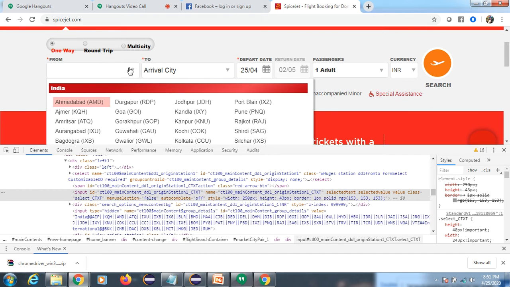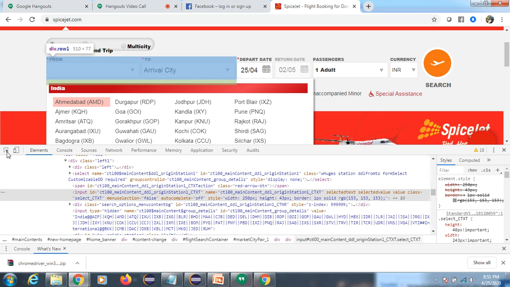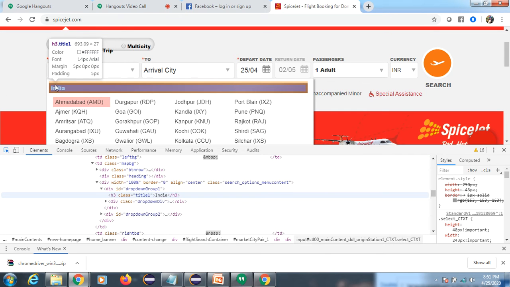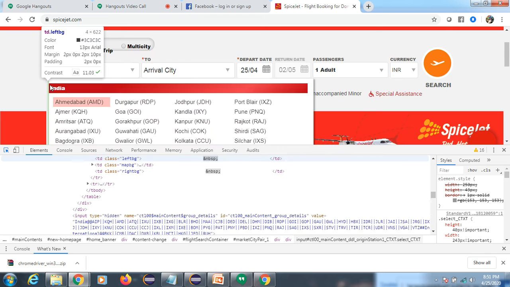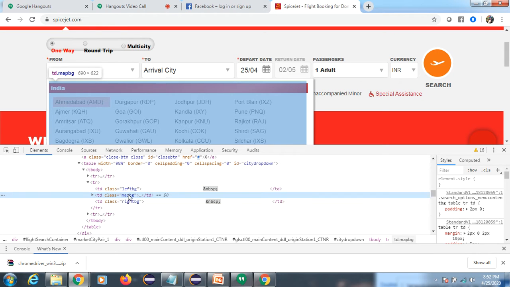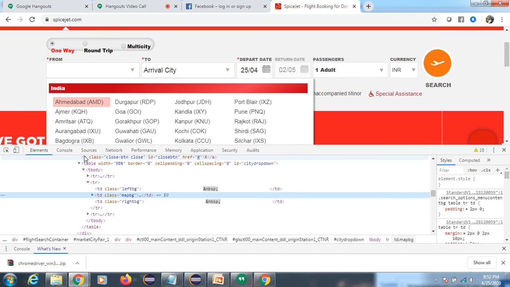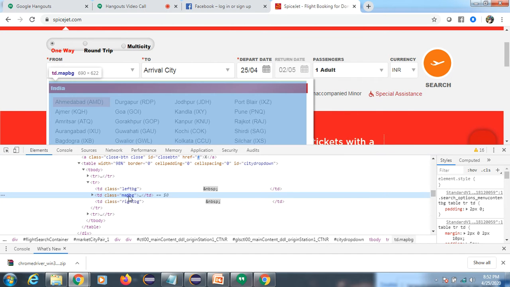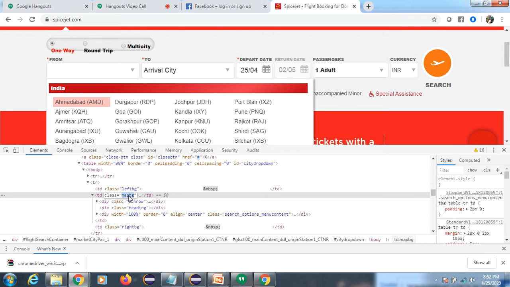So what is the scenario here? We need to select from this list, and we need to select your favorite city. What is your favorite city? We need to select this, right? So here, first we will inspect this, and we will store it inside this list. I already discussed this. So we can use this class, or some id is there here also, it will highlight. But okay, I will use this class name. Let's see if it works or not.